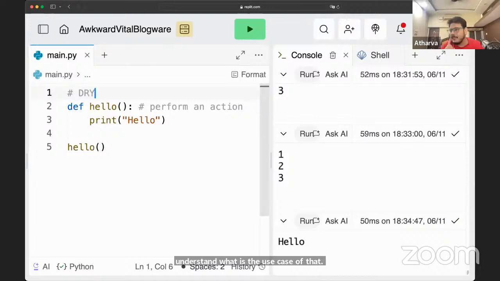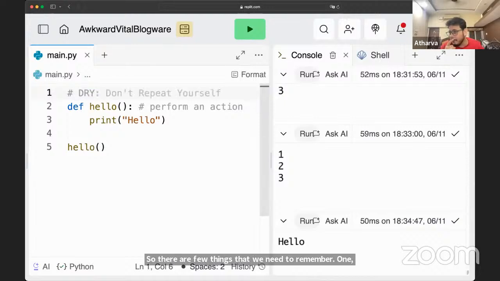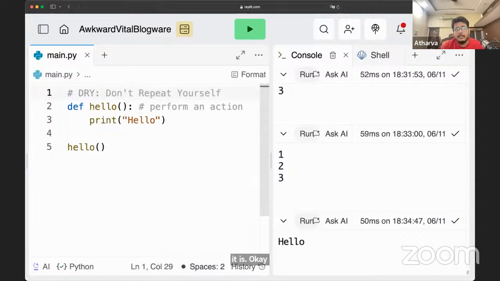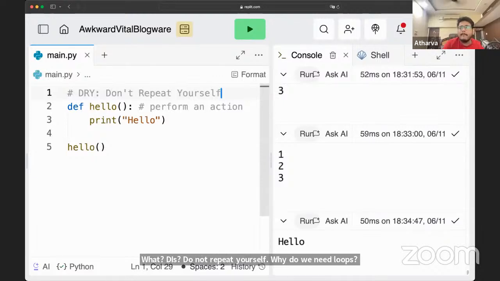One, it is DRY. DRY means do not repeat yourself. Why do we need loops? Why do we need functions? Why do we need if-else? Because we don't want to write the same piece of code again and again. What we want is to reuse our code.